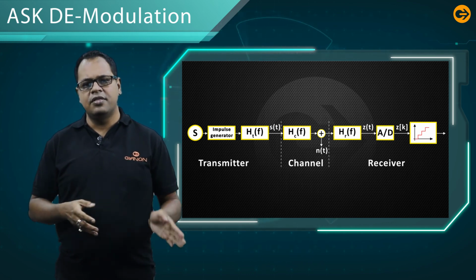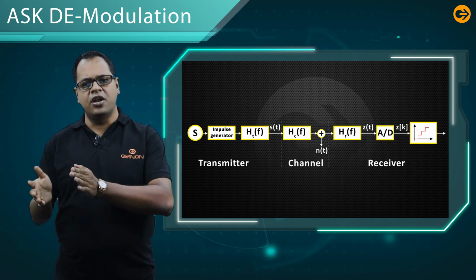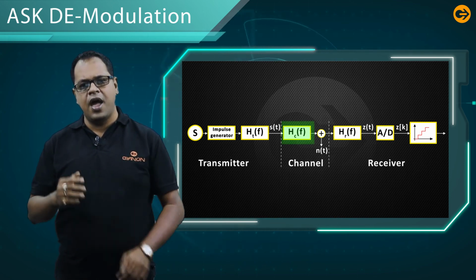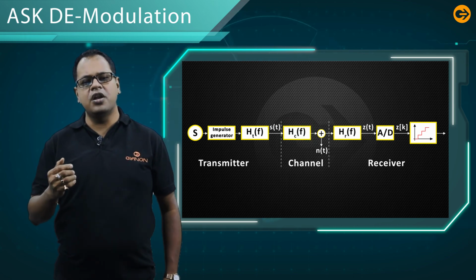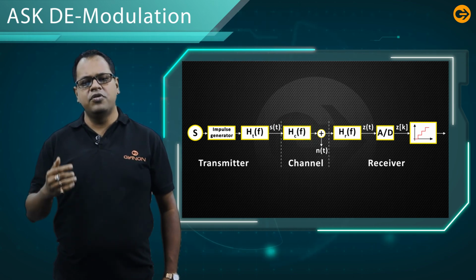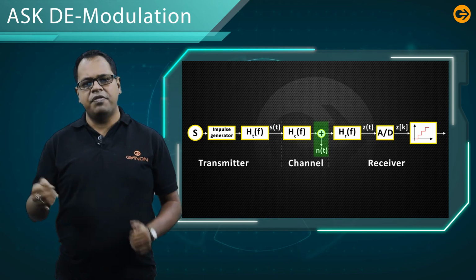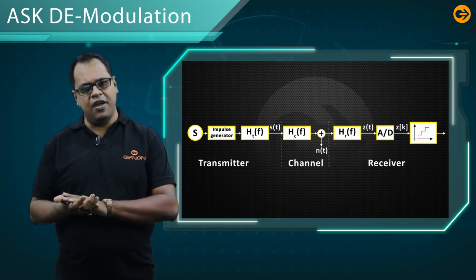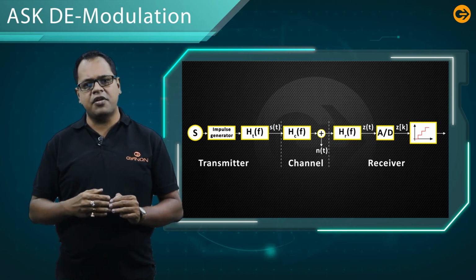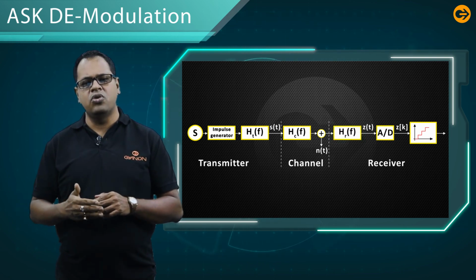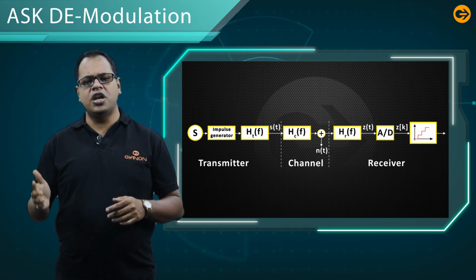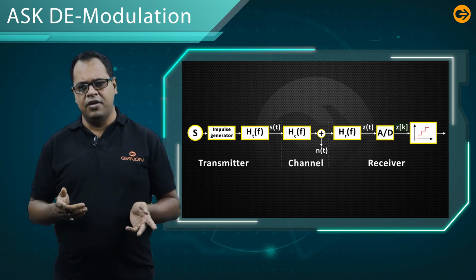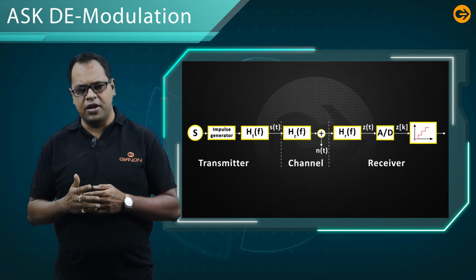After the modulation, the signal is passed through a channel or the medium. The medium has a transfer function HC(f), and in the medium, an unwanted signal or noise is introduced, which is denoted by n(t). The signal is received at the receiver having a transfer function HR(f). After that, the signal is converted to a digital format using an analog to digital converter. The received signal is Z_k, that is, in discrete format.